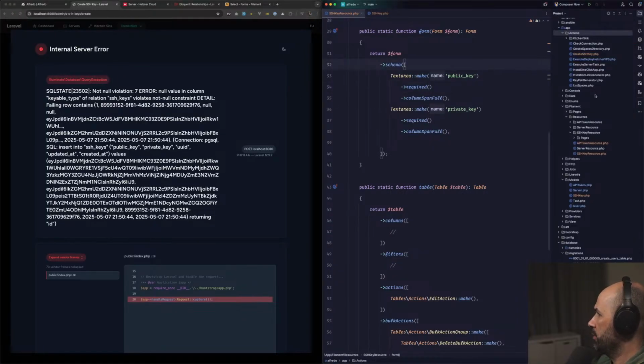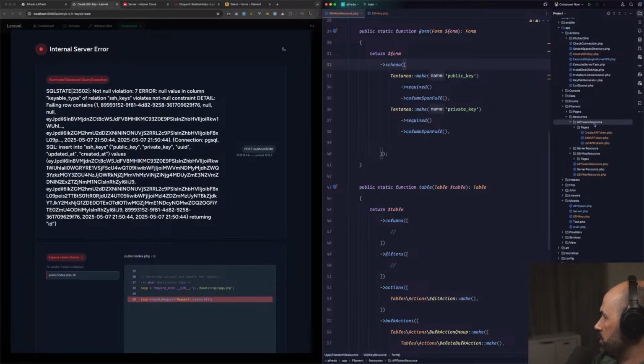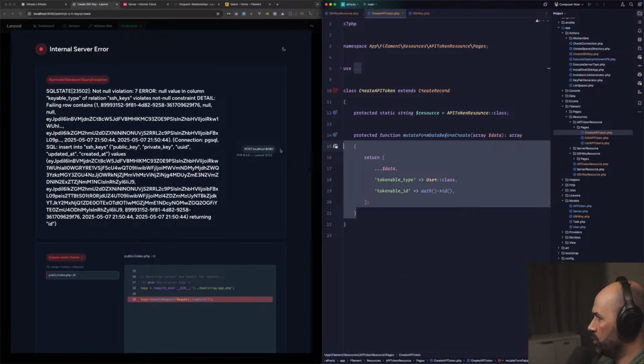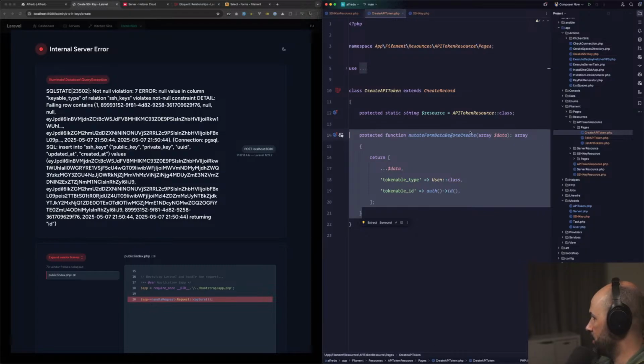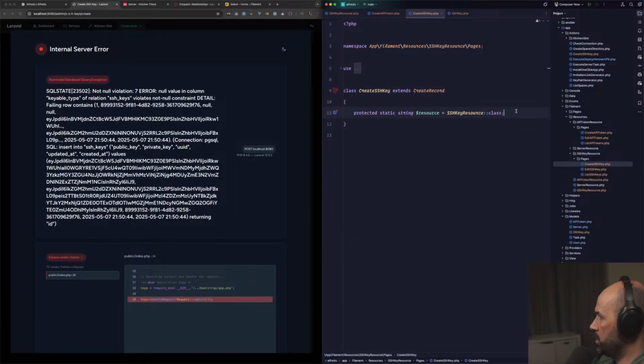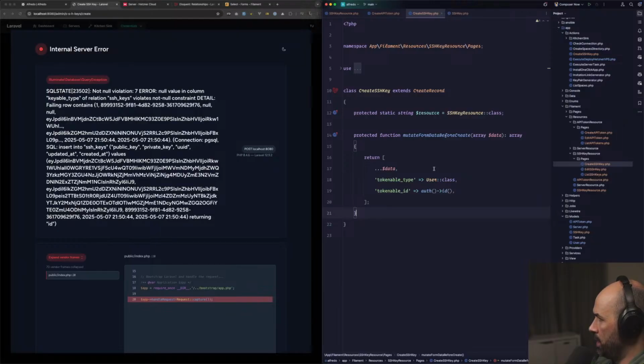Oh, right. So what we need to do is, similarly to mutating the form data, we will also be on the create SSH key, and instead of tokenable,